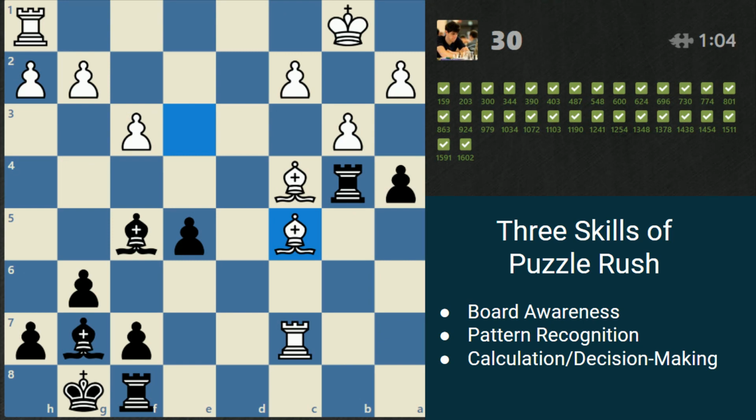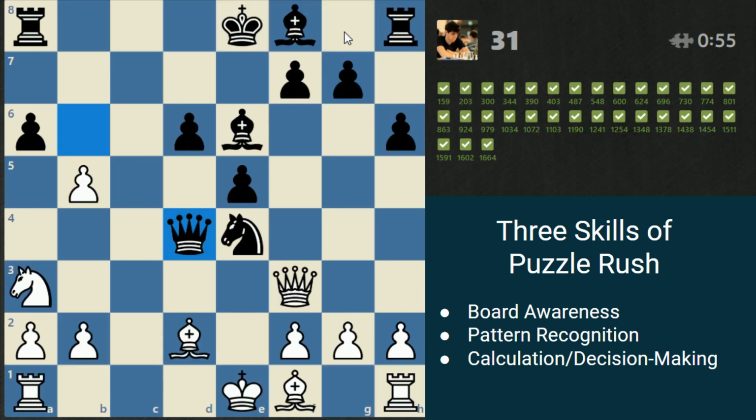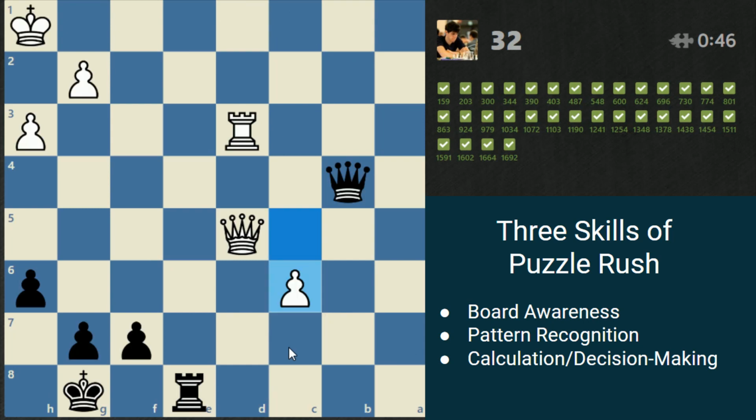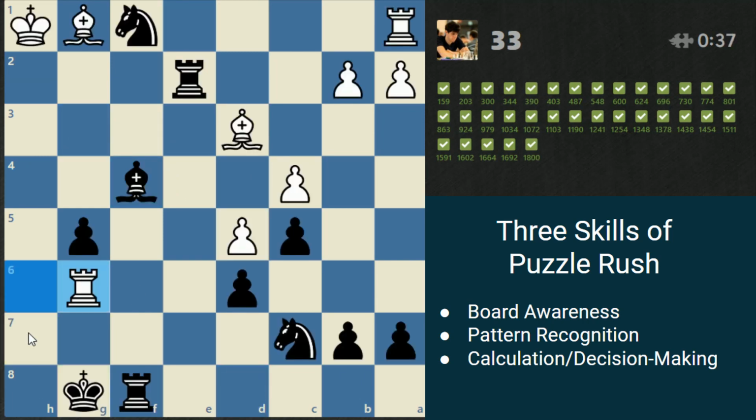Now, at a certain point, usually around puzzle 20, if not much earlier, you won't be able to rely on your pattern bank or simple board awareness to solve the problem. This is where, as a chess player, you need to rely on your actual calculation and decision-making skill and start looking for possible moves and actually trying to search for the solution. This, I would say, is the third skill that is needed for Puzzle Rush, but I think most people would probably agree that Puzzle Rush is not the best way to train your deeper calculation skill. It's a great way to test your wits and how quick you are to calculate lines in an unknown position,